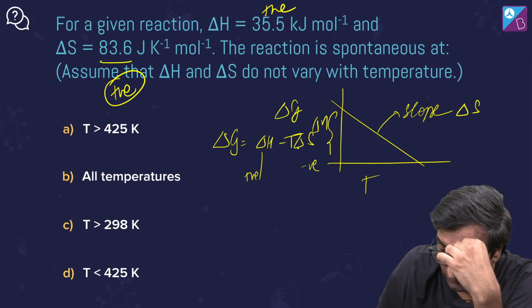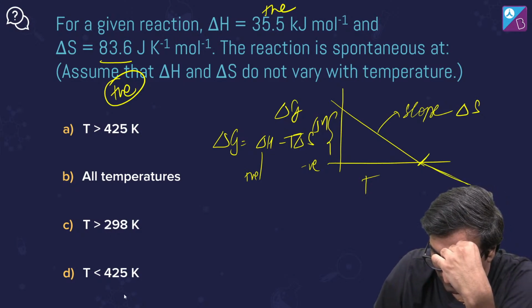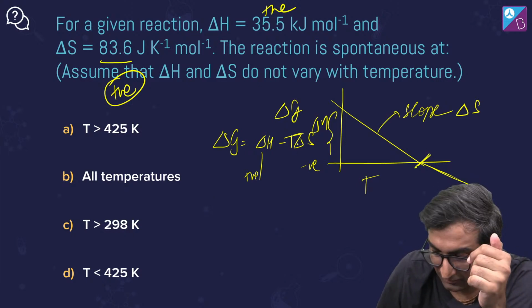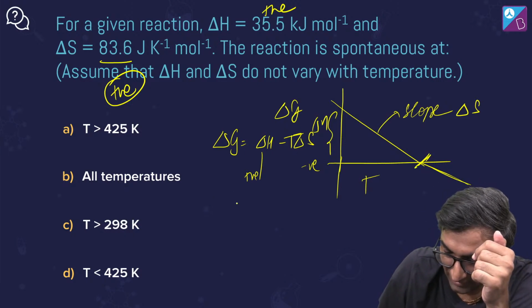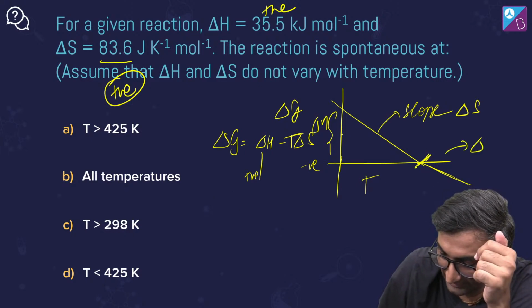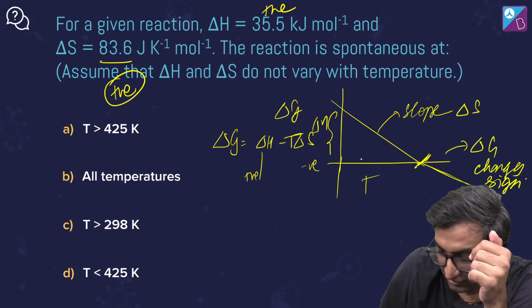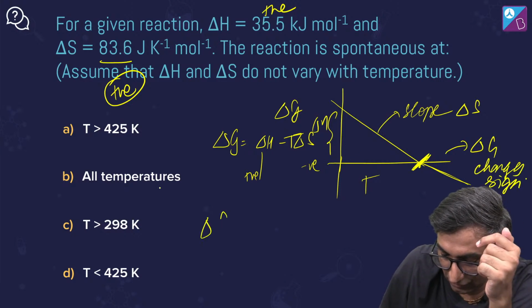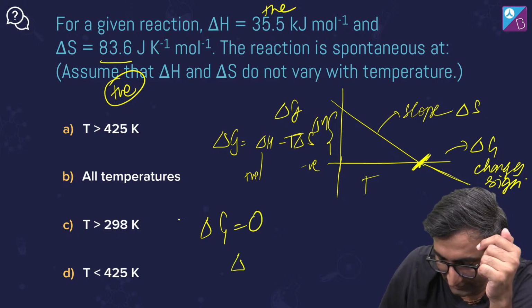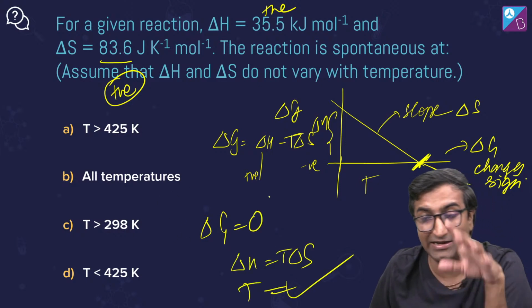सो व्हाट डू आई डू ओवर हियर? व्हाट इज दिस लाइन जहां पे कट हो रही है, ये क्या है? इस पॉइंट का मतलब क्या है? इस पॉइंट का मतलब है कि देखो, right here ΔG changes sign, है ना? तो at this point ΔG is equal to 0, so I put ΔG equal to 0, तो I put ΔH equal to this। अच्छा, तो I get T value। अरे वाह, ऐसे निकालते हैं टेम्परेचर।